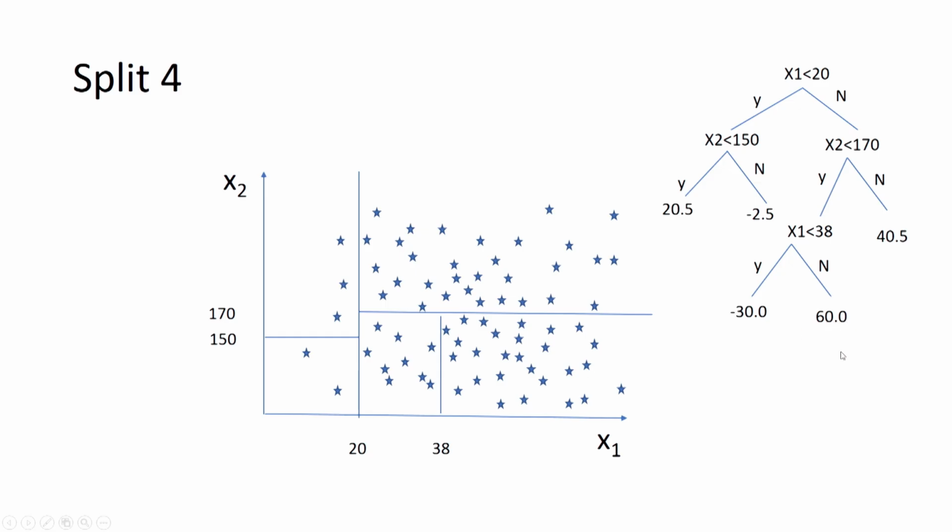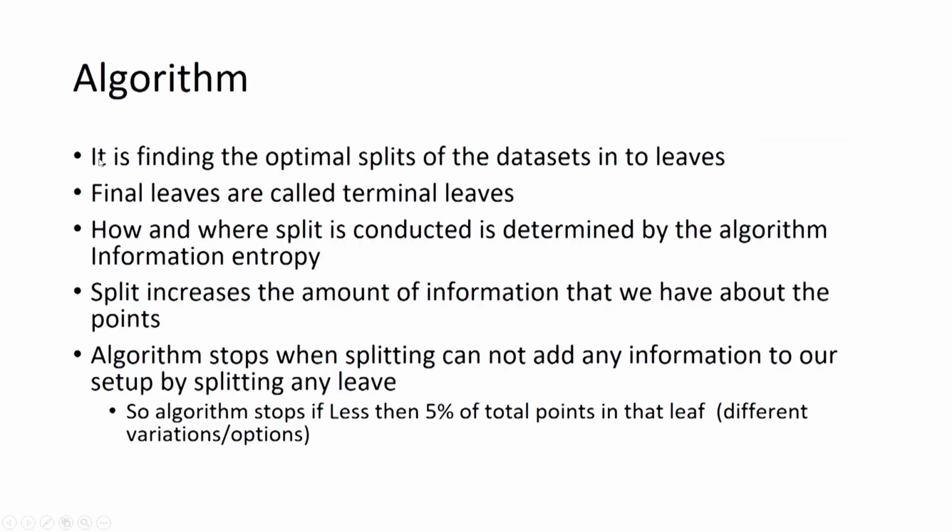So, in this way decision tree algorithm works. What is the algorithm? Basically, decision tree is finding the optimal splits of the data set into leaves. We have already seen the whole data set is split into different leaves. You can say leaves are now representing different subgroups of the data set. The final leaves are called terminal leaves, and how and where to split the data set, this we have not discussed